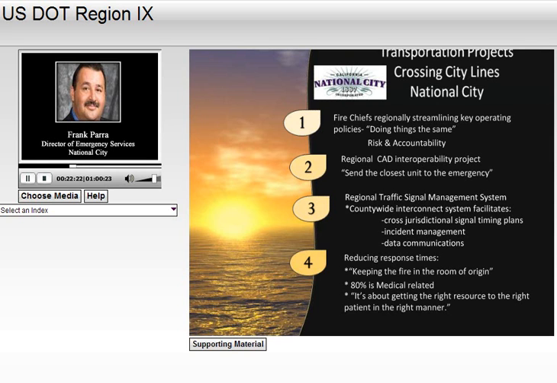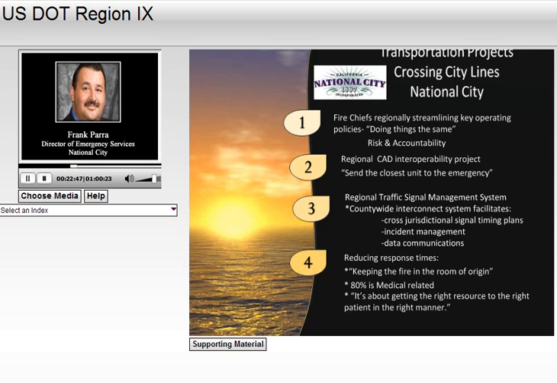In San Diego County, National City works closely with San Diego County fire chiefs. We also meet monthly to talk about streamlining and really doing things the same. We recently directed our operations chief to come back and really streamline key operating policies and procedures such as RIC and accountability, communication. And along with that, in San Diego County, we're also doing a RECEP program,